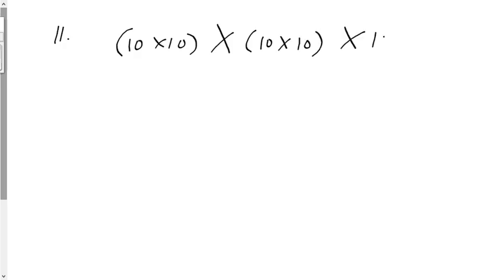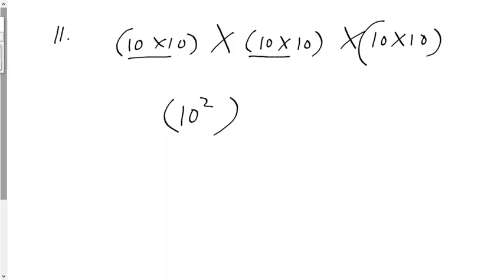Question 11, Madison, says 10 times 10 in brackets, and then this is multiplied by itself 3 times. So what you have when you have this here is you say, well, this is a power. This is 10 squared. And it is 10 squared 3 times, or it's being multiplied by itself 3 times. So then, therefore, we can put a 3 out there to say that is 10 squared cubed. That is the product, the power to an